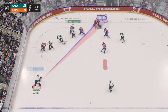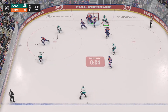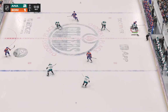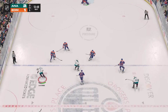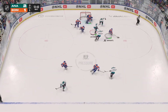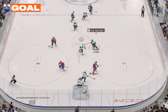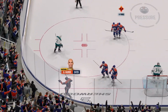The Ducks take possession off the faceoff. It's loose. And he uses the glove to keep that out, getting a piece of it. Stetcher's taking it from his own end. Puck grab by Lacombe. The Oilers have it from their own end. Skates across the blue line. Shot. Well, you can't worry about what happened in the game,